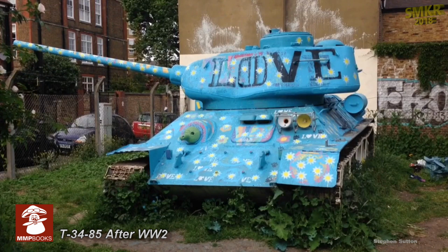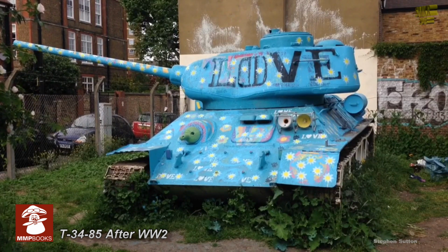There's a T-34-85 in London, and it's just sitting there abandoned on a piece of property where they would not allow the builder to build on it. So the builder decided to buy this tank, throw it on there, and it's been sitting on there for years. Anyway,